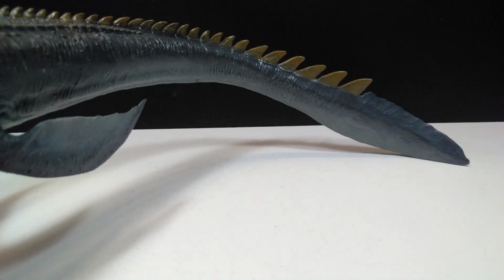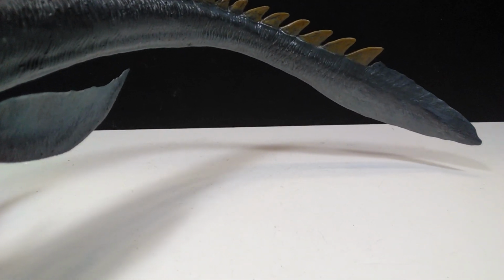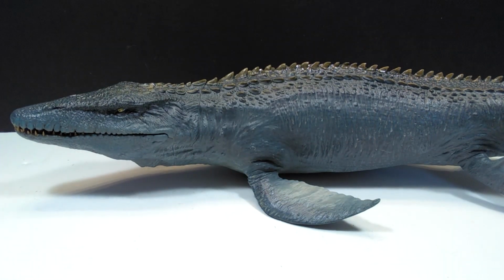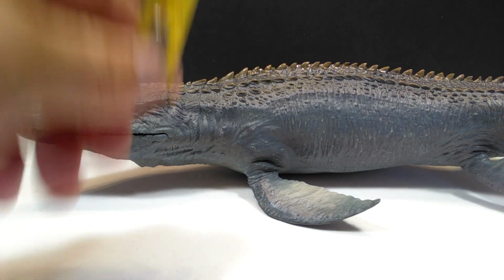I actually like it better, I think, like this than the initial kind of straight out tail position, because I feel like the straight out tail position, although it looks nice, is just a little bit lifeless. So having this turn in the tail, I think personally, actually makes it a good bit nicer than I initially thought it was. But we'll go ahead and get a height on our Mosasaurus, which you're not going to probably